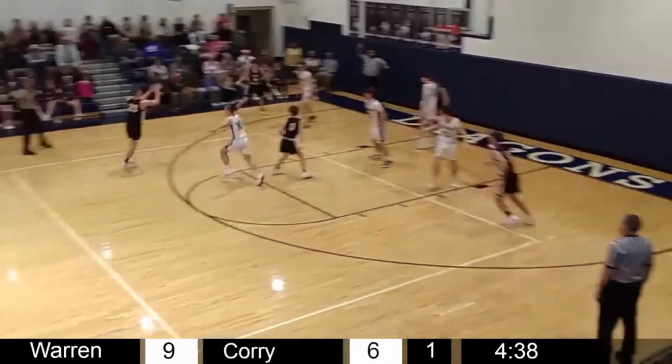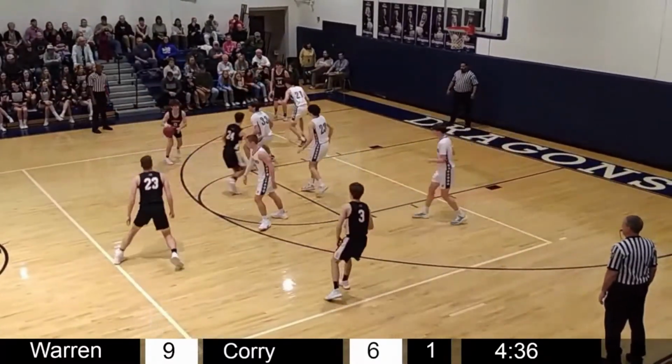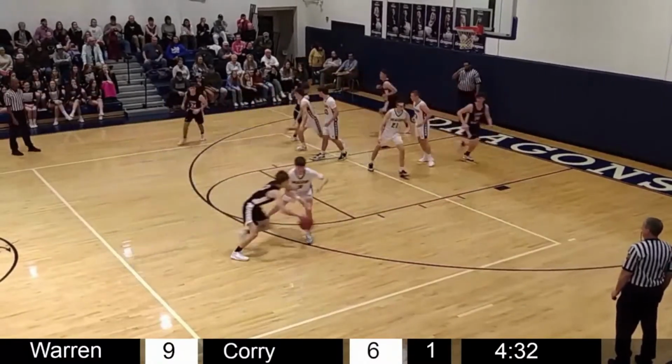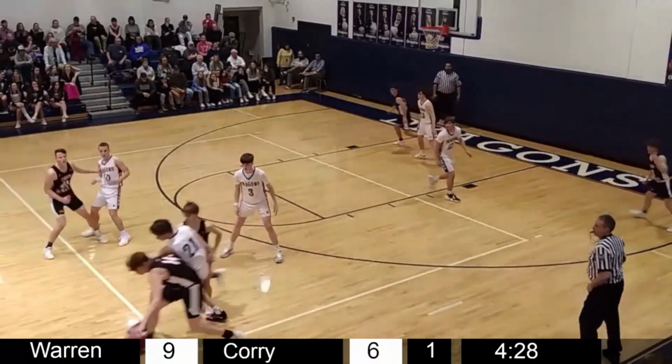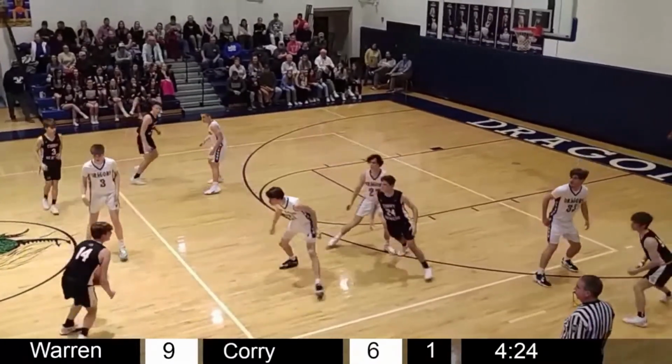Corry to inbound underneath their own basket. Inbounded to Ryland Smith. And that's Carson Chamberlain, number 0, into the game now for Corry. Hands off to Cressley. 3-on-3 there as he's guarded by Burdine. Almost a steal by Becker. And gotta be careful there. I thought he might have got called for a reach-in, but